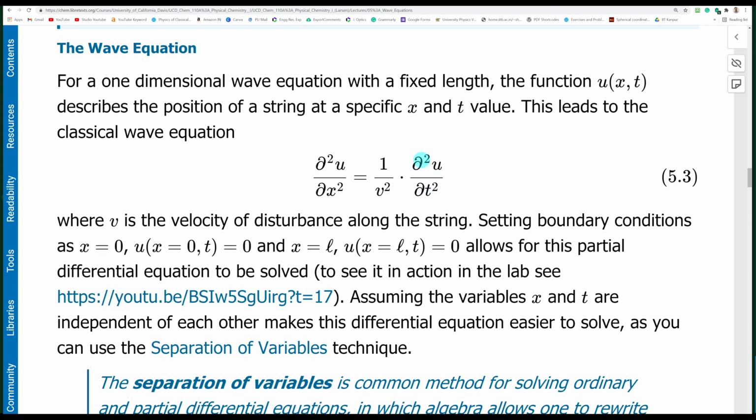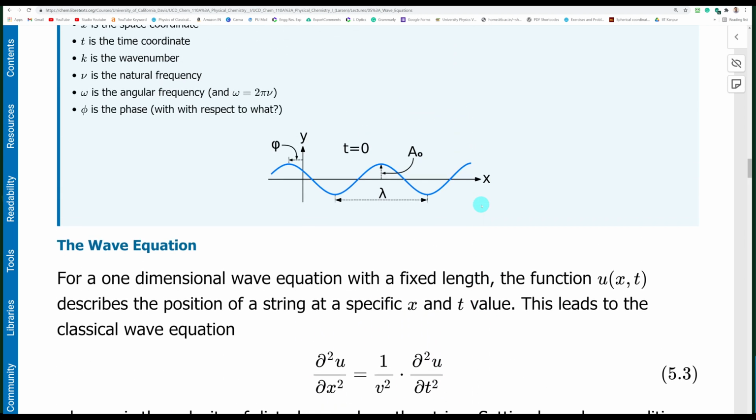Remember, the second derivative in time is on one side, the second derivative in space is on the other side, and wherever you have the time derivative, there you have 1 divided by velocity square. So this particular equation is known as the wave equation. Why is it known as the wave equation? Because if you solve this differential equation, and we have the method to solve it,